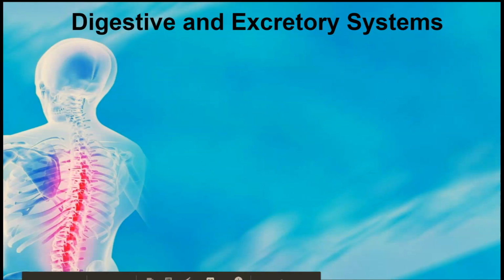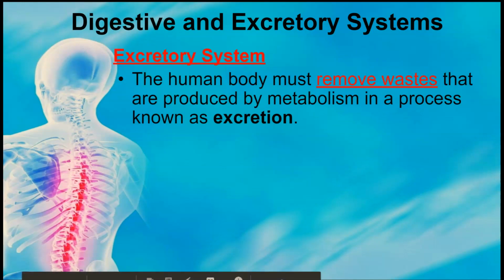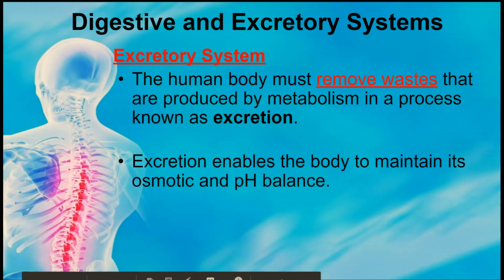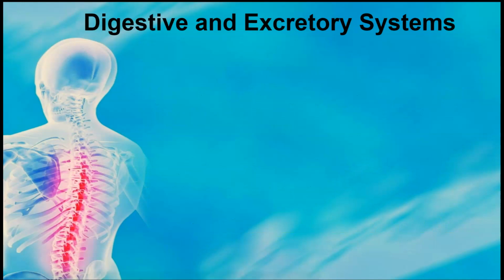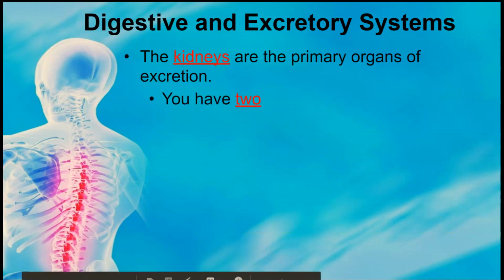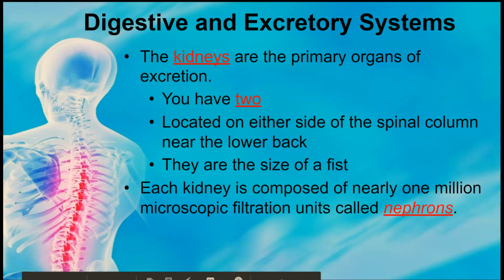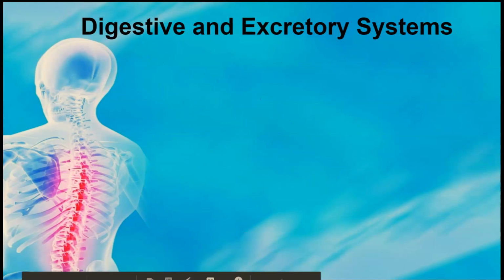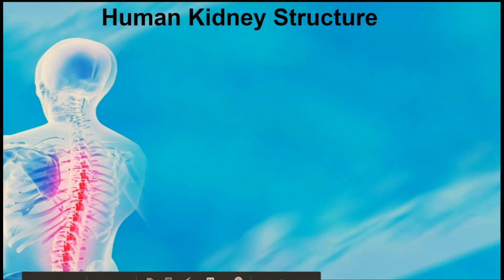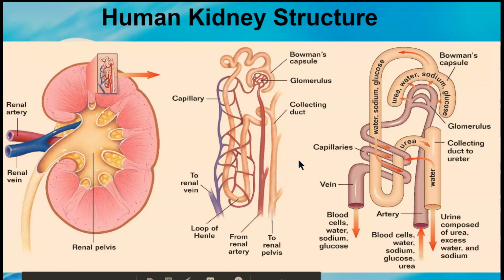All right, so the rest of this is the excretory system. The digestive system has a way of getting rid of solid waste. The excretory system is a way of getting rid of liquid waste. And that is, once these nutrients have been broken down further in your blood and in the cells, oftentimes chemical waste is released back into the blood, and that blood is filtered in the kidneys, and the good is kept in the bloodstream and the bad is released